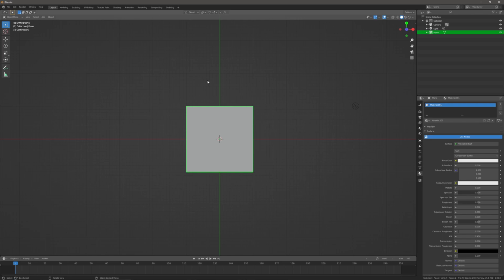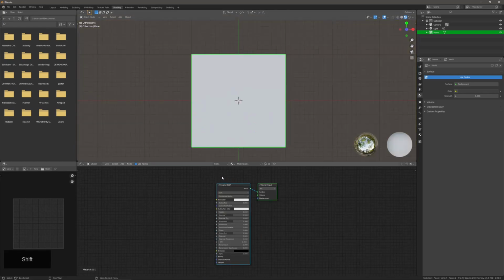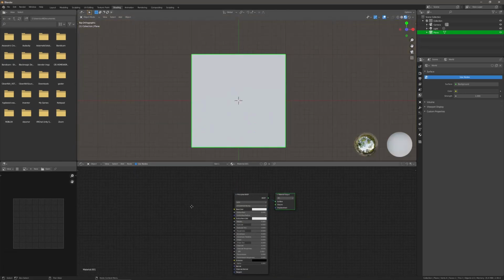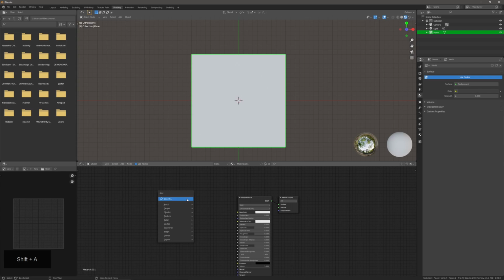Yes, we're going to be working with nodes here. We can work with that to create our noise, and that will be our height map. We'll save that as an image. So now that we have the material added, we can go to shading. We have the shader and then the material output. We're going to press Shift A in this window, the shader window, and the node window really. And then we're going to add our noise texture.